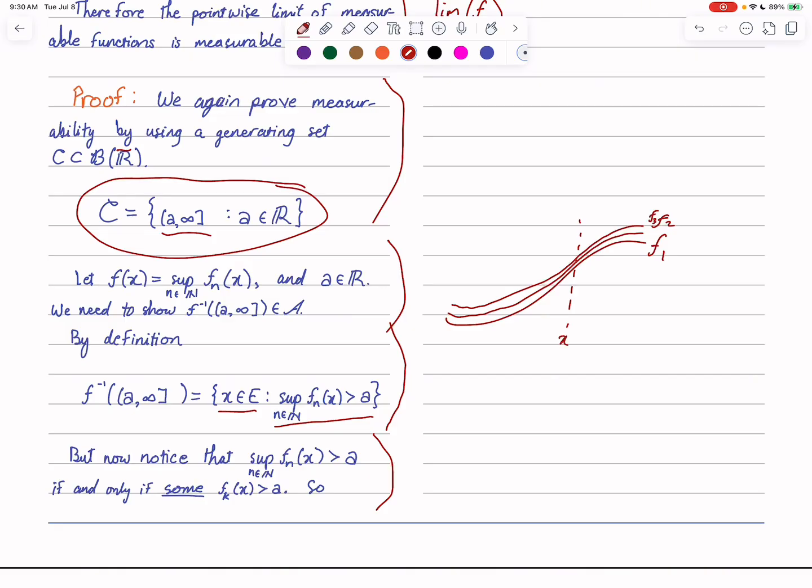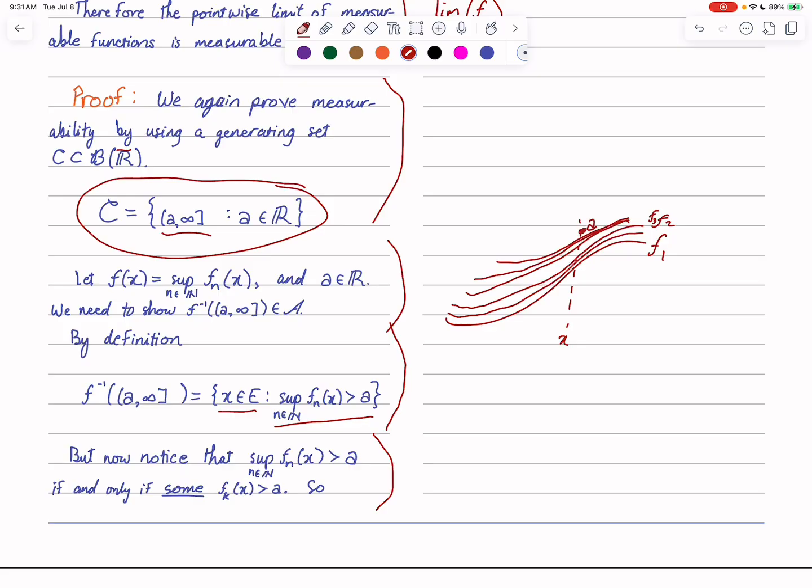Maybe we're talking about whether the sup is greater than a. Now, if this keeps increasing and increasing, as these functions get closer and closer,